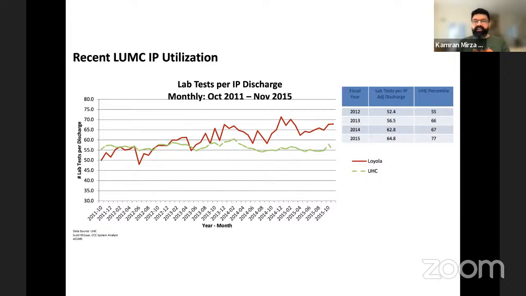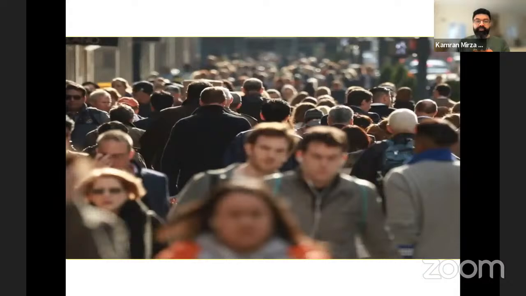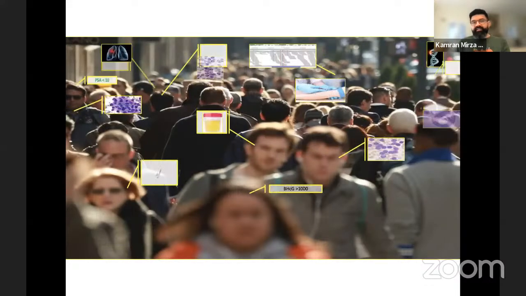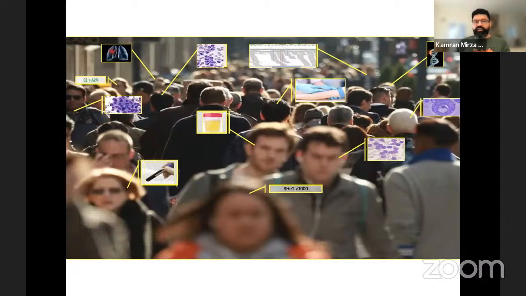You can see that the number of tests per inpatient is around 50 to 60 tests for every person who is admitted to the hospital, all right? And those are all tests that are coming from the clinical laboratory. So what am I trying to tell you? Well, what I'm trying to tell you is that every single person walking on the street is a pathology